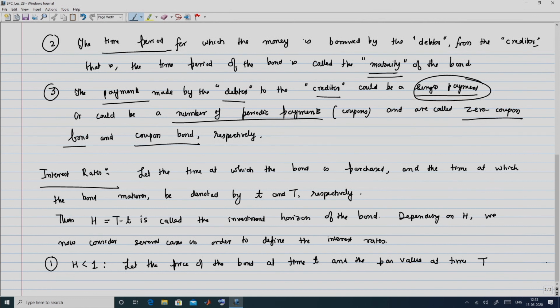The single payment here is sometimes referred to as the par value. So, this par value at time T for a zero coupon bond